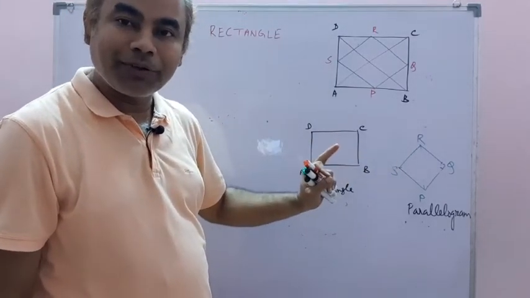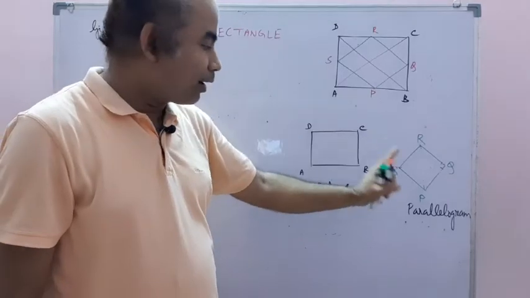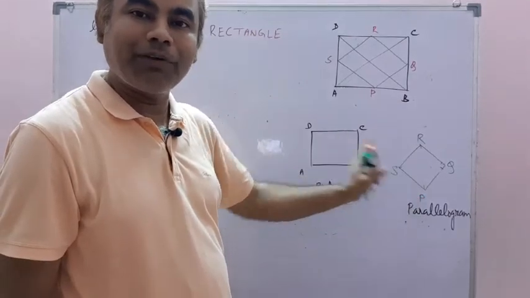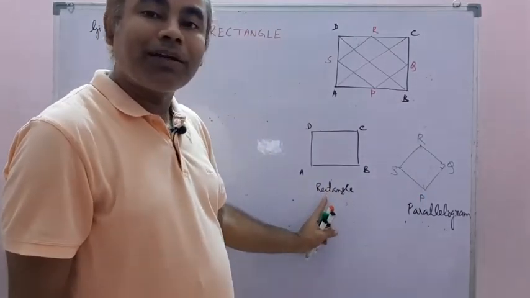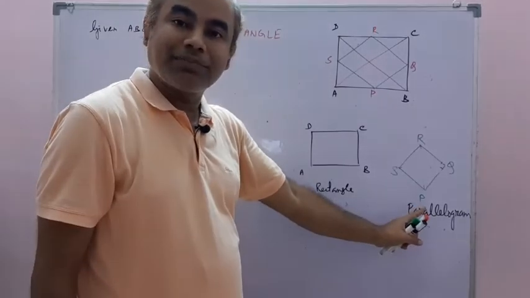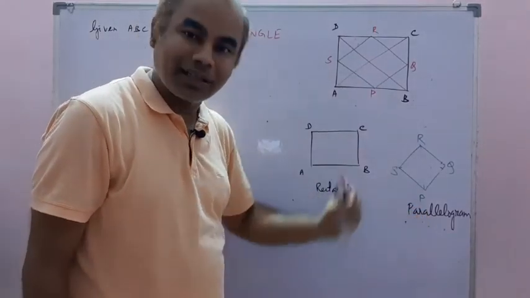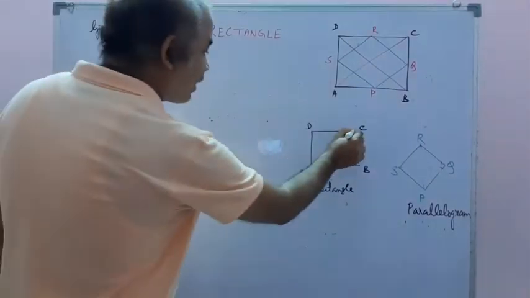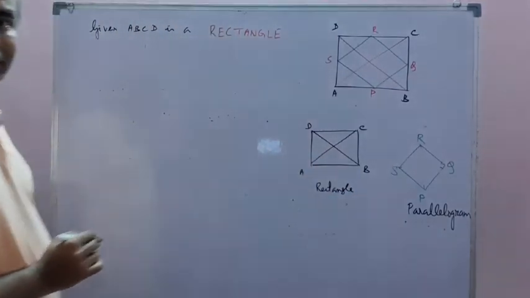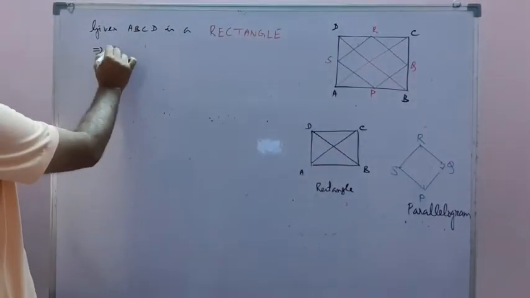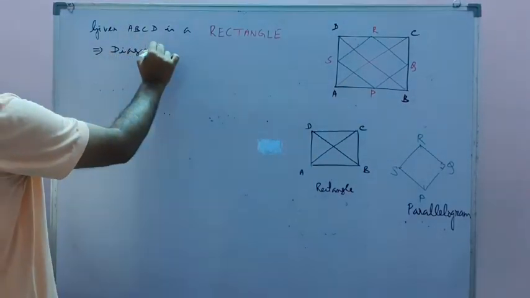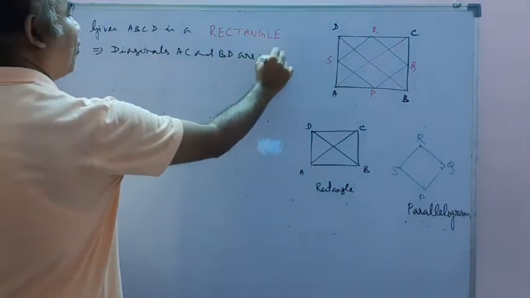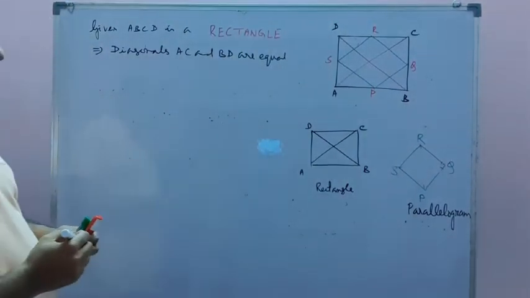It is already a parallelogram, we already came to know, because the quadrilateral formed by joining the midpoints of the sides of any quadrilateral is always a parallelogram, whatever the given quadrilateral. But this time your given quadrilateral is a rectangle. So what is this parallelogram? Is it a special parallelogram? Let us see. Now if ABCD is a rectangle, then its two diagonals AC and BD are equal. It implies diagonals AC and BD are equal, because as you know, it is the property of the diagonals of a rectangle.